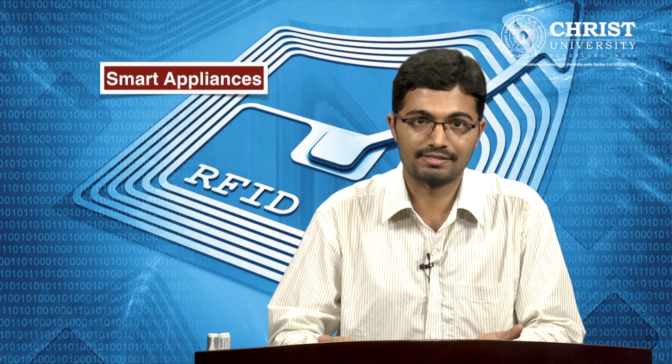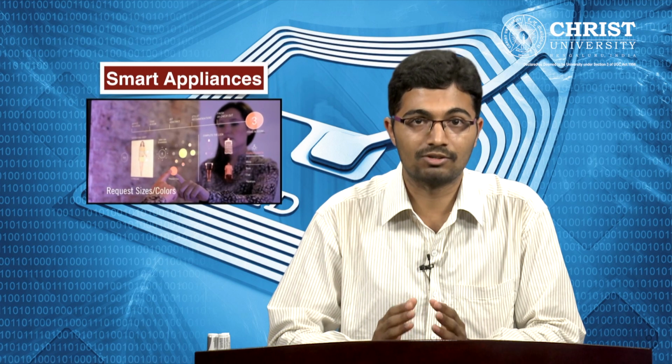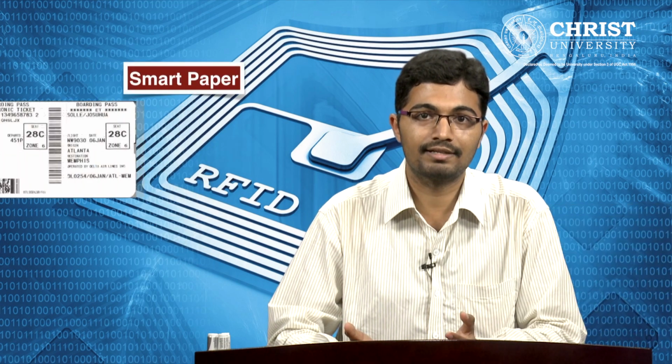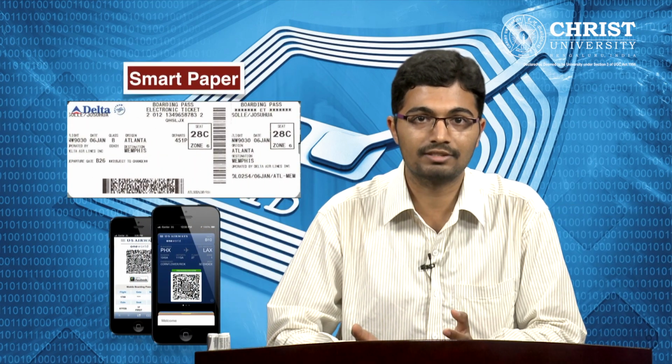There are some smart applications where we can use RFID, like smart appliances, closets that advise on style depending on clothes available, ovens that know recipes to cook pre-packaged food, smart products, clothing, appliances, CDs etc. tagged for store returns, smart paper, airline tickets that indicate your location in the airport, smart currency, anti-counterfeiting and tracking.